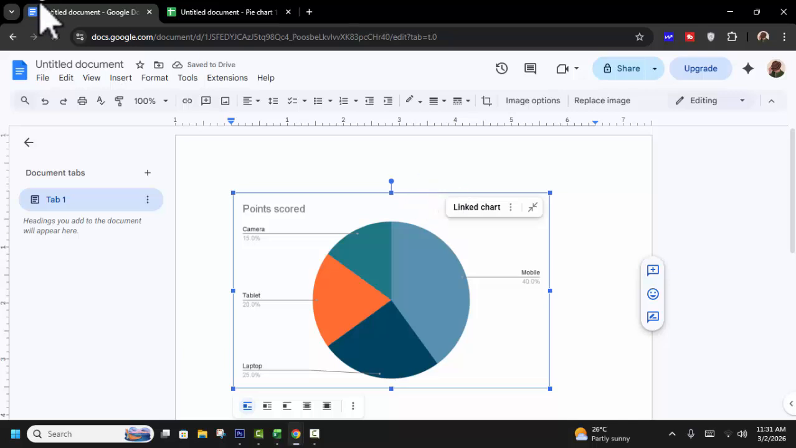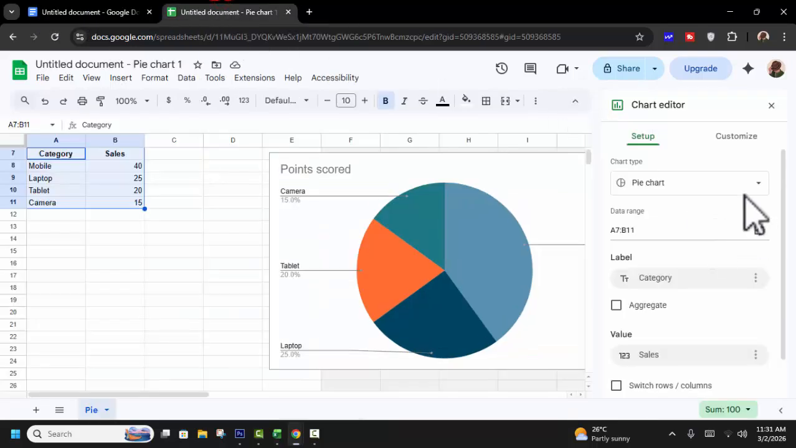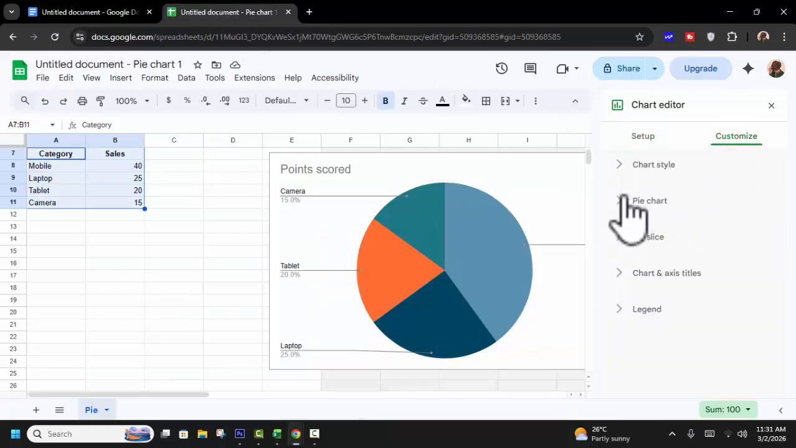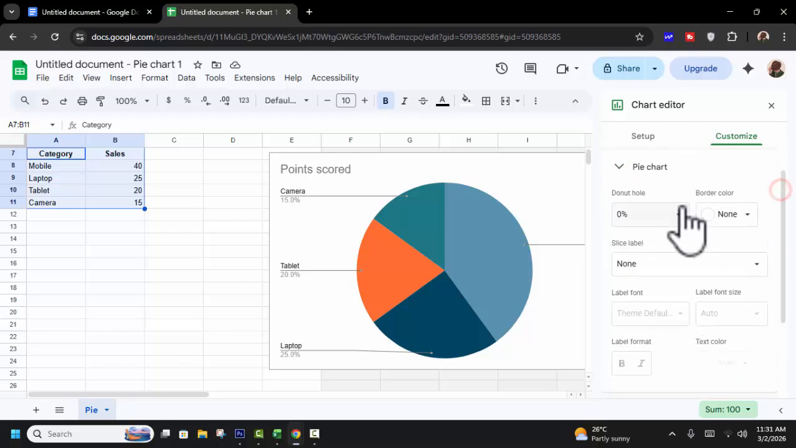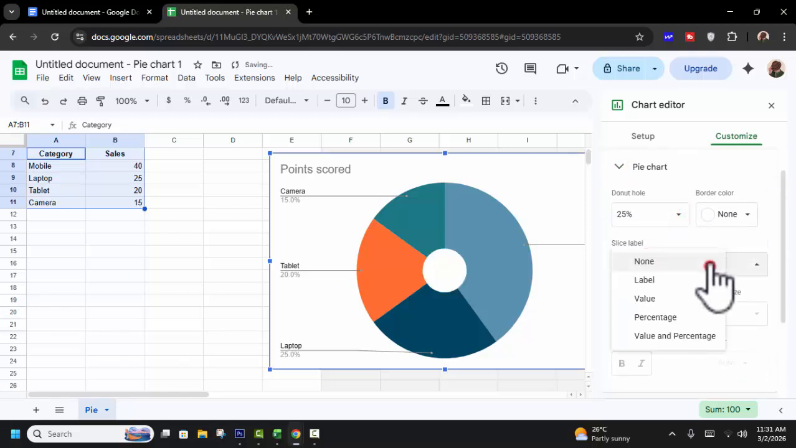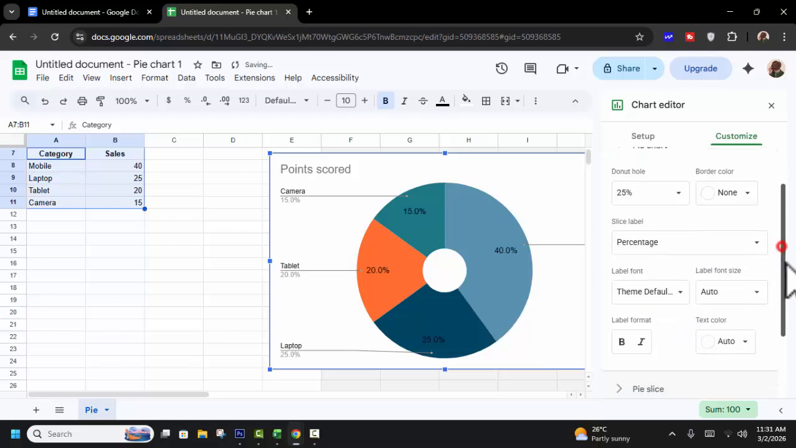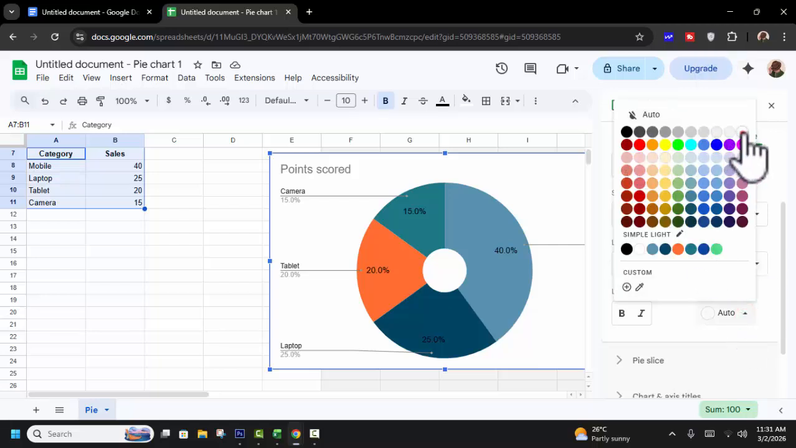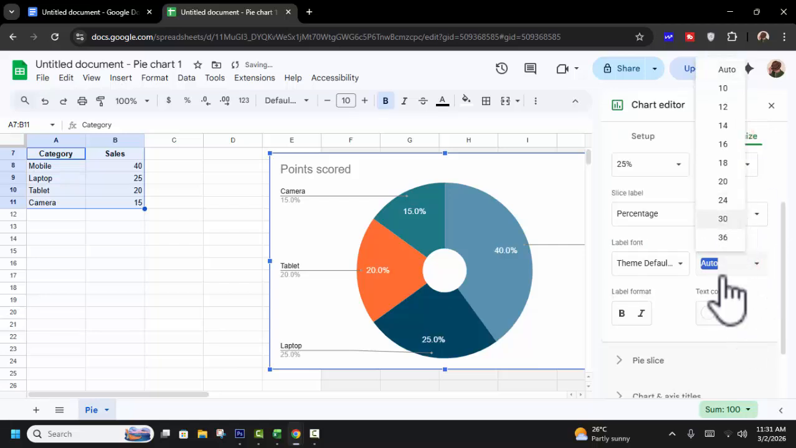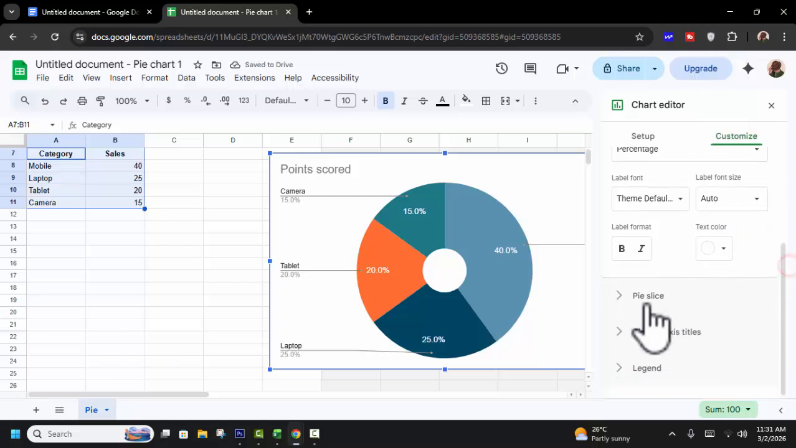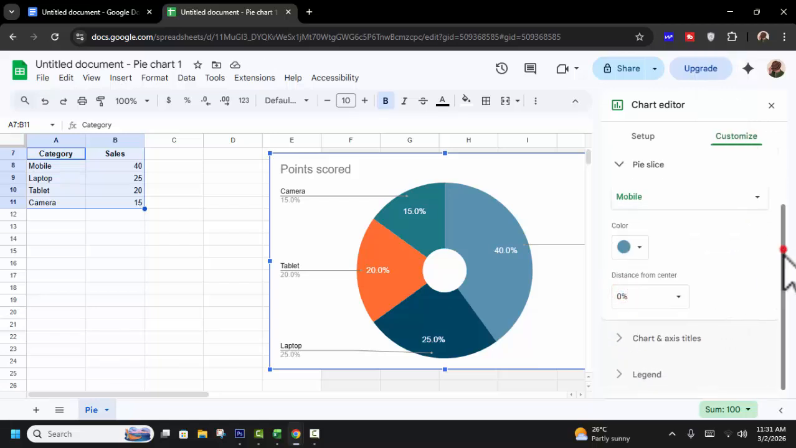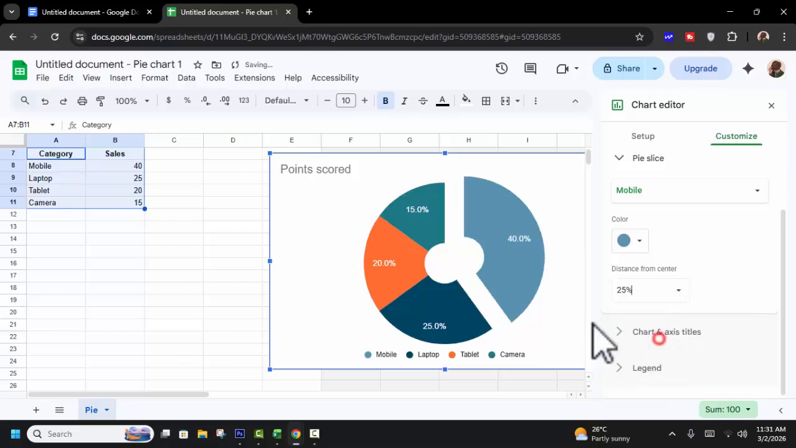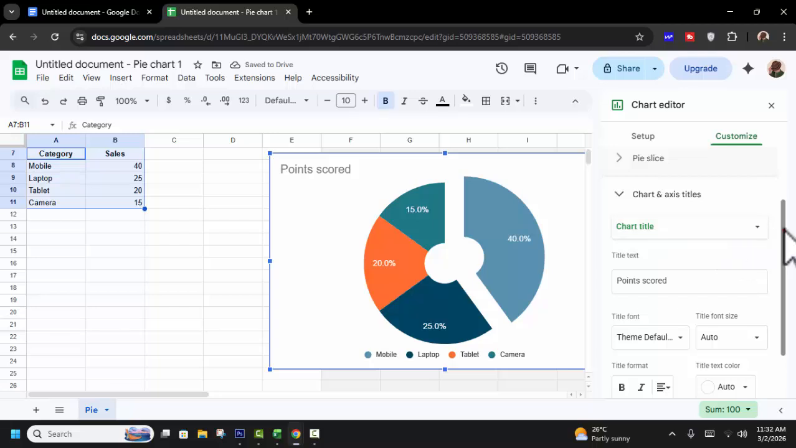again edit, customize, pie chart, or donut hole, slice level, value, percentage, font color, font size, auto, pie slice, distance from center, etc. Chart and axis titles,